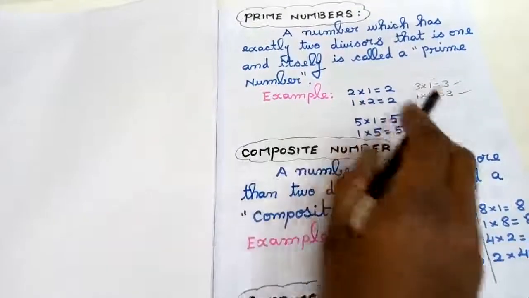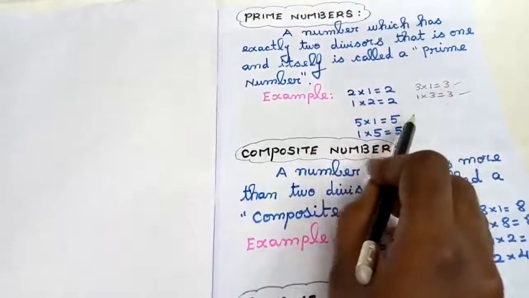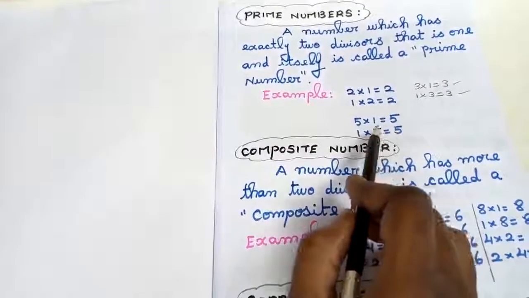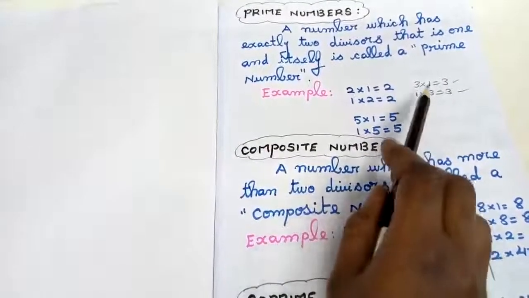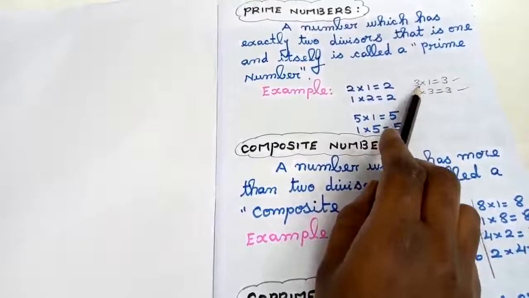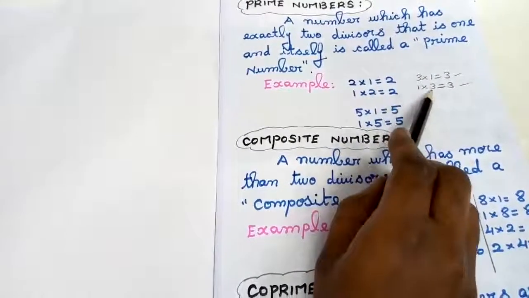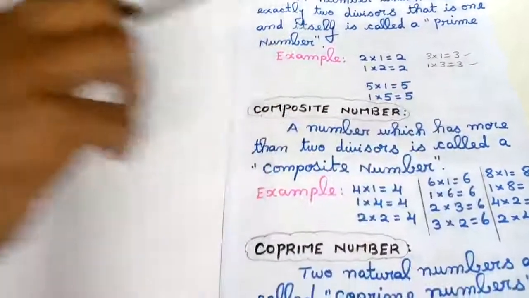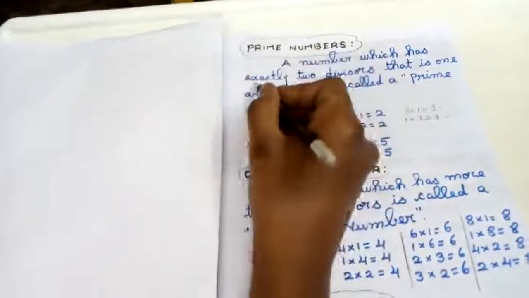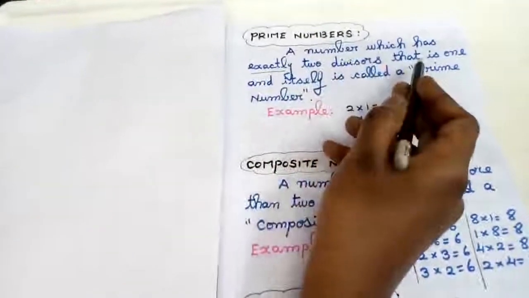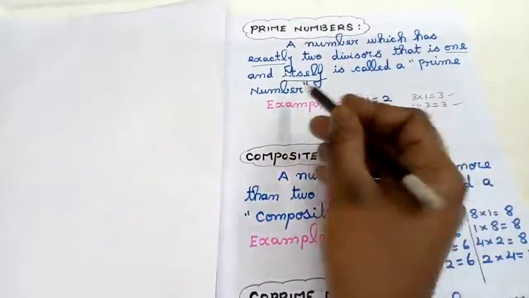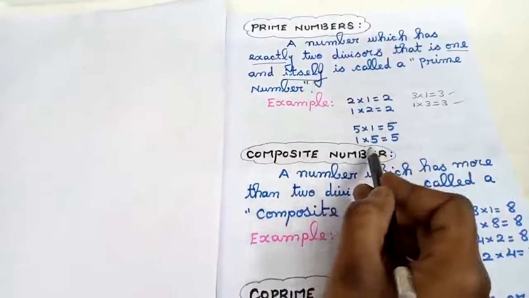So if I want to get the answer as 3, 2, 3, 5, while multiplying, only this is the possible concept. So if you see 1 and the same number, 1 and itself, exactly 2 divisors, this is called 2 divisors. So regarding a prime number, a number which has exactly 2 divisors, that is 1 and itself, the same number, is called a prime number, and that is the example I have given here, students.